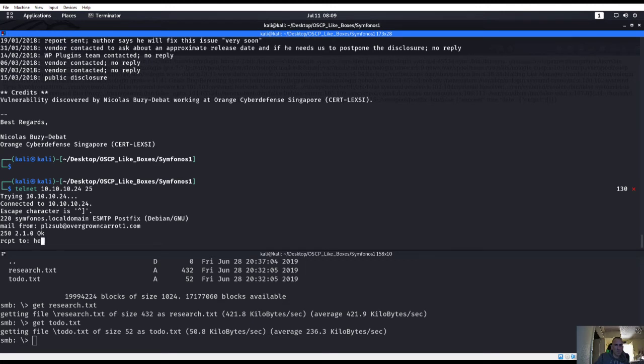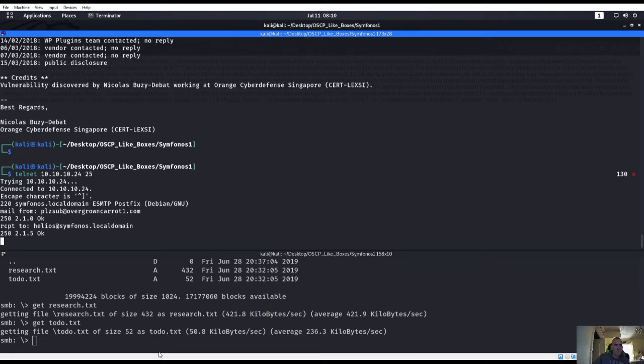Helios at Symfonos local domain. Symfonos.local domain. It should be something like that. Helios at Symfonos local domain. Okay. Now we sent him mail, and now what we need to do is send him